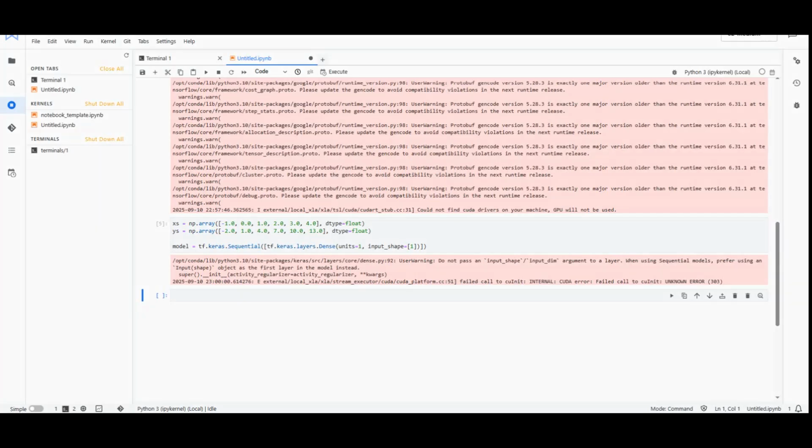From your previous exercise, you know the relationship between the numbers is y equals 3x plus 1. When the computer is trying to learn this relationship, it makes a guess, maybe y equals 10x plus 10. The loss function measures that guessed answer against the known correct answer and measures how well or how badly it did.